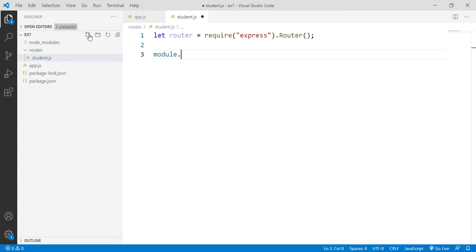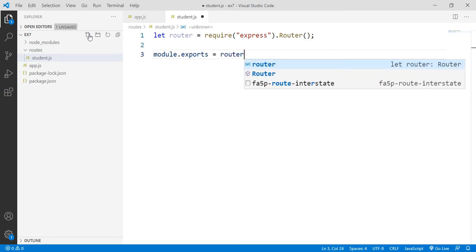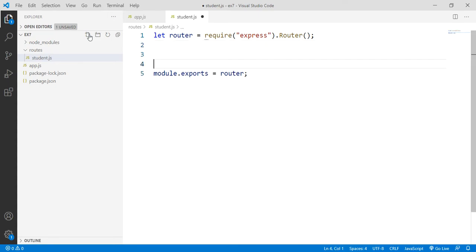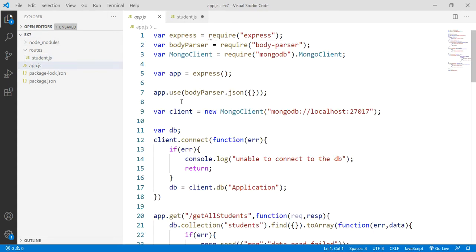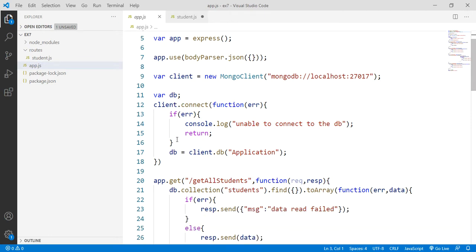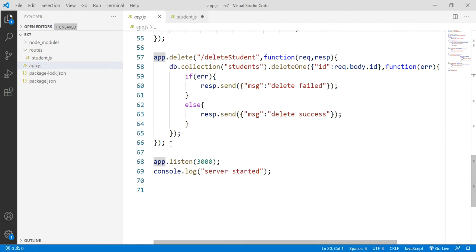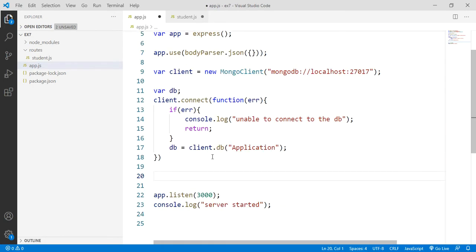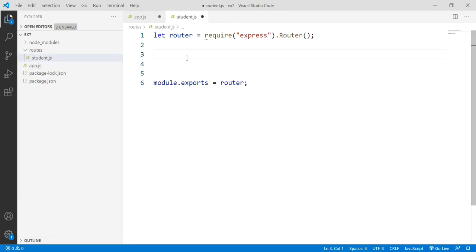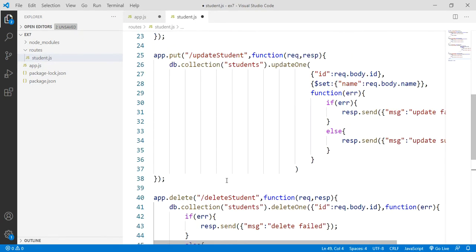Now, module.exports equal to router. So in between, we need to register all our request handling methods. So I'm just removing all the student related logic from this file and loading it here.